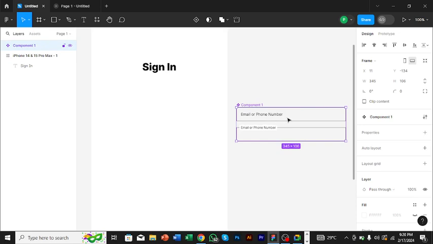Click on this particular one, or you can come to asset and bring it onto our sign-in page, but we won't be using that because what we are trying to place on our sign-in page is just one of these boxes. We just want the second one to appear when somebody clicks on the first one. So I'm going to undo that,